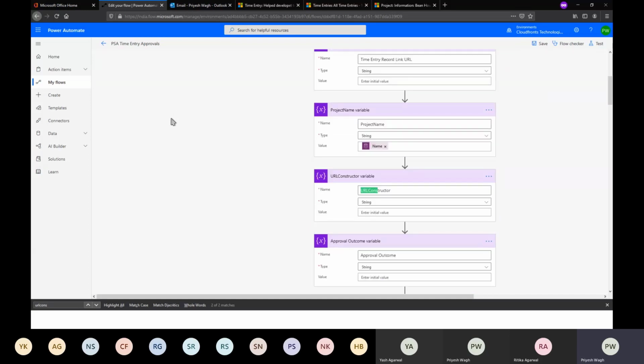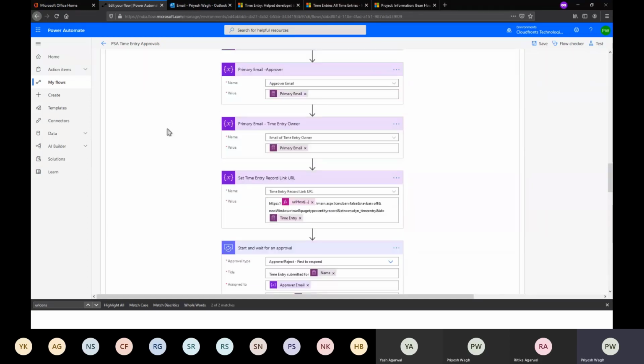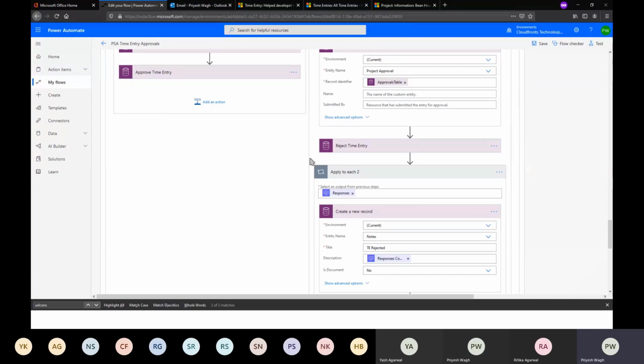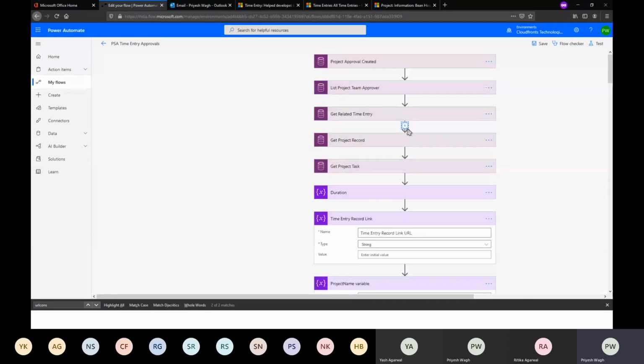The reason you see this flow is so lengthy is because I tried to break down each and every single step, like creating variables and all. But if you're an advanced user in flow, a power user, you can do it in much fewer steps than I did. But to elaborate this well and show what little components we need, I tried to elongate this flow. So let's look at how this goes.